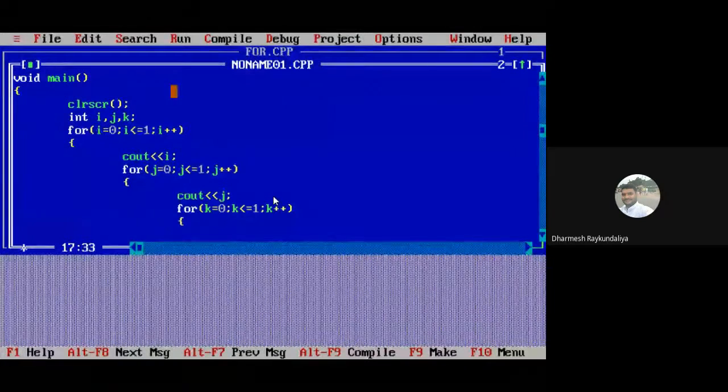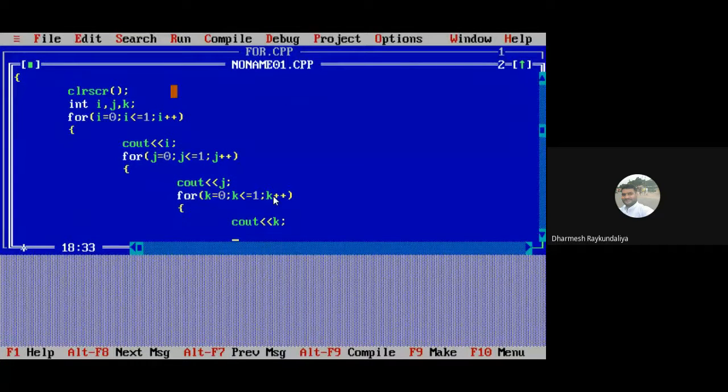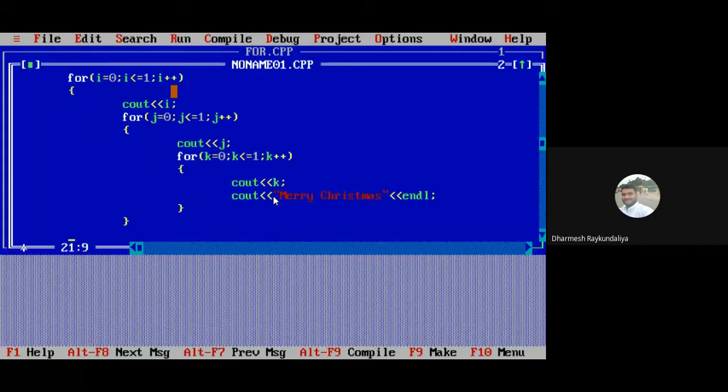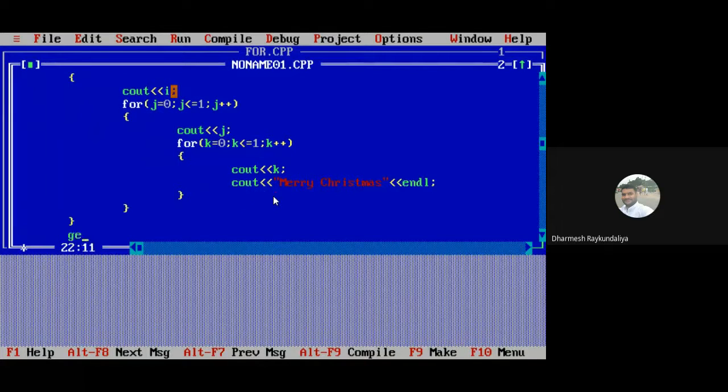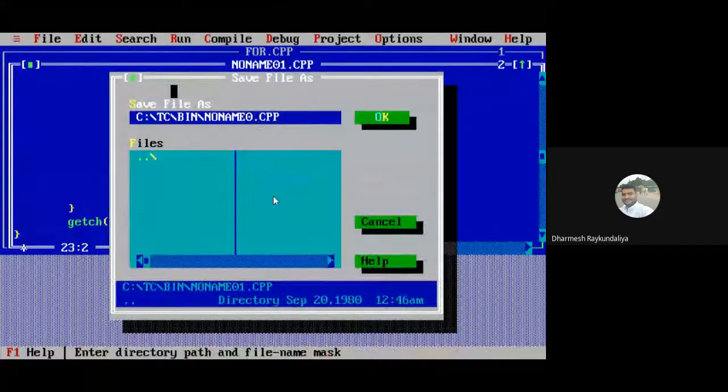And you print out k. And then cout the message Merry Christmas. This is the end of the K loop, this is the end of the J loop, this is the end of the I loop, and this is the end of the main function.